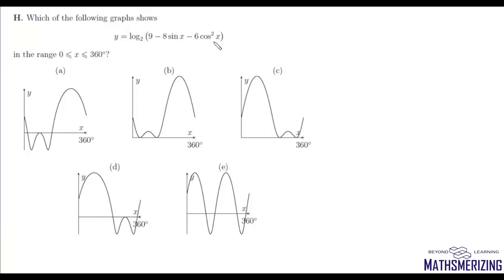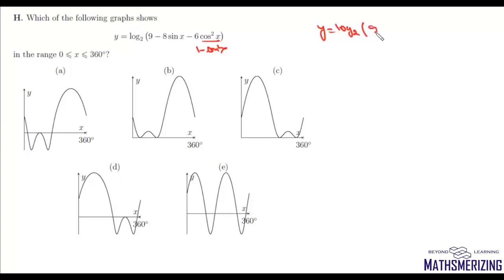Now in question number H, we are given a function which is y equals log 2, 9 minus 8 sin x minus 6 cos square x. And we have to find which of the following is the graph of this function in the range. Now in order to identify this graph, we'll change everything in sin x. So we'll write this cos square x as 1 minus sin square x. So now this y, it will be